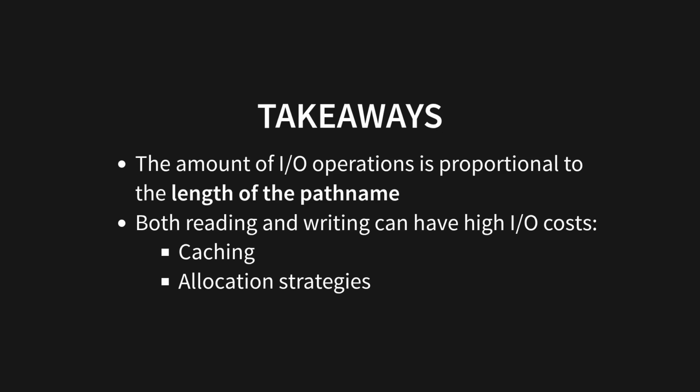There are different strategies to handle this, but the first thing that comes to mind, and is very important, is caching, which we can cover in a different video. And the second one is the allocation strategies, which is also related to caching. So if you allocate contiguous blocks, in our example we had bar, which had 3 blocks. If we allocate it to data blocks 112, 113 and 114, which are next to one another, we are